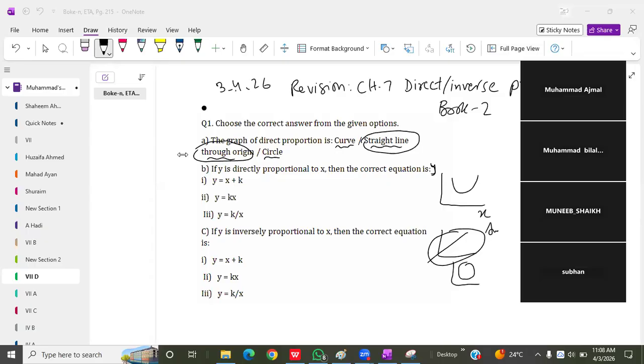Taha, is it Taha Rajput? Unmute yourself. Bilal, read the second question. Yes, sir. Okay, sir. If y is directly proportional to x, then the correct equation is